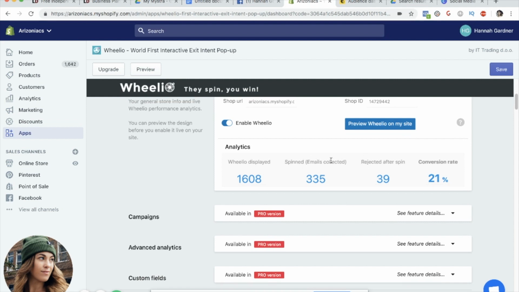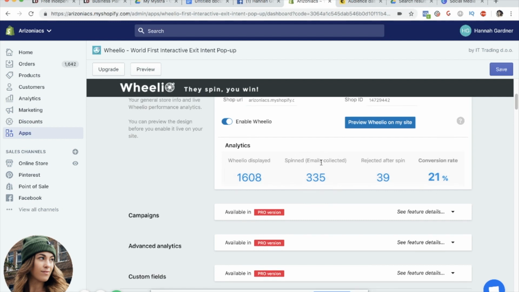And remember, just because someone went to your website and they spun the wheel, you got their email and they didn't buy right then and there, that doesn't mean that they're not going to buy from you again, because now you have their email information and you can retarget them with new offers or newsletters or whatever it is. And then now they can probably buy from you in the future, and they're already interested because they were on your website.